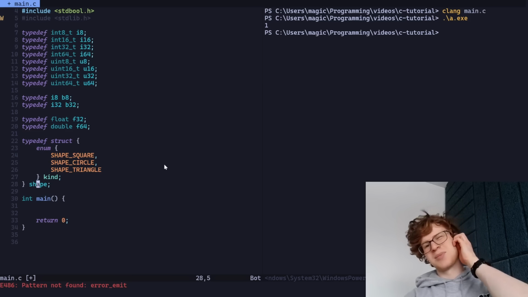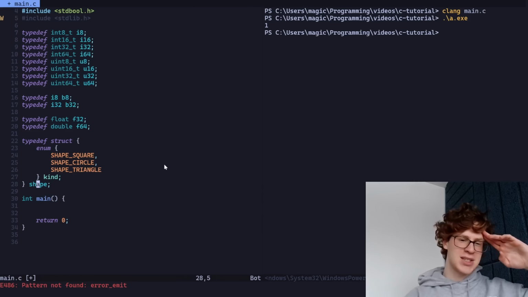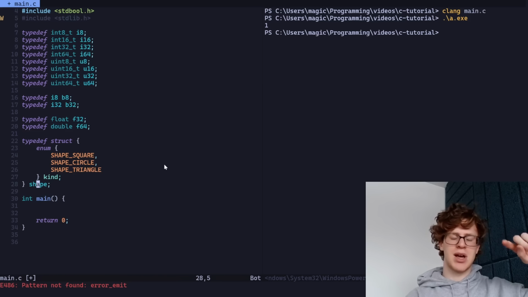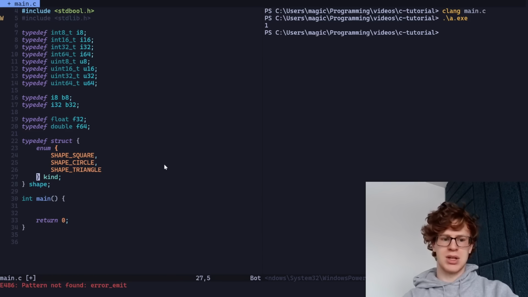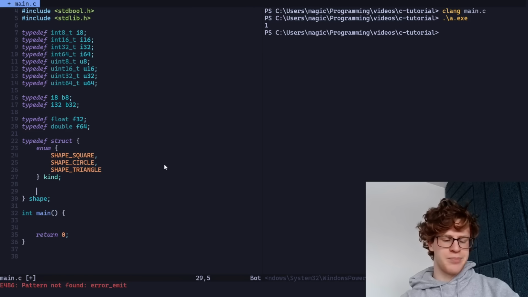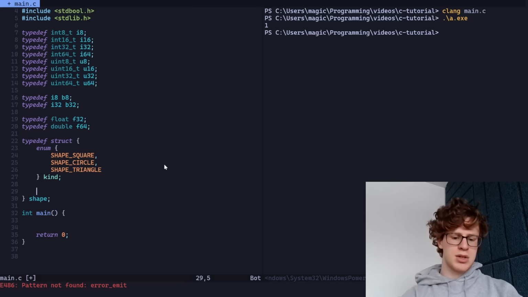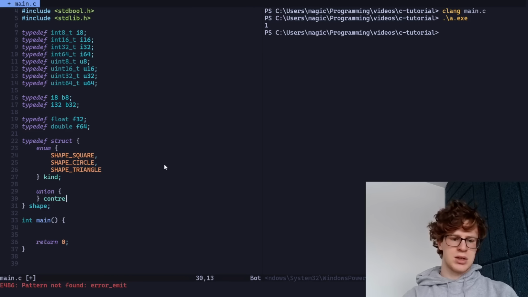One of the weird things with enums is that there's no guarantee as to the size of an enum. So sometimes I'll have an enum and then I'll have a typedef on a U8 or something so that I can ensure the size of the actual instance of the enum. But either way. And then what you can do, so here we're going to have contents, or we'll have,